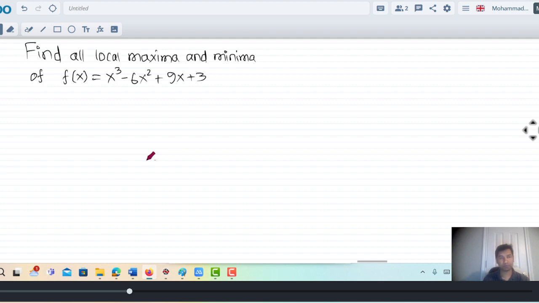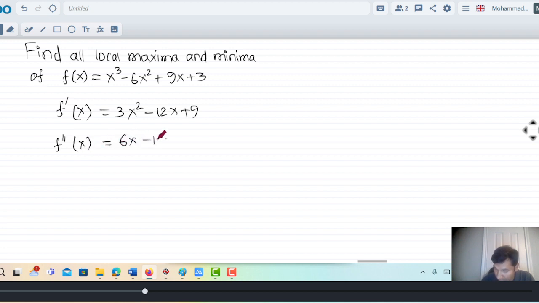Here it is a cubic function. To find the local maxima and local minima, we have to find the first derivative, f dash x. So f dash x is 3x squared minus 12x plus 9,